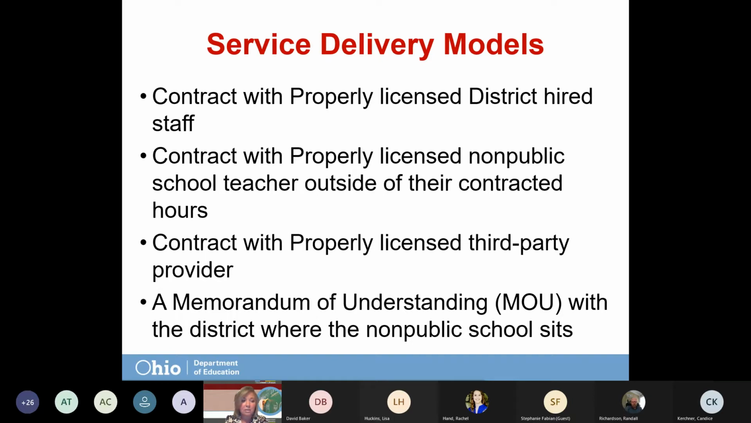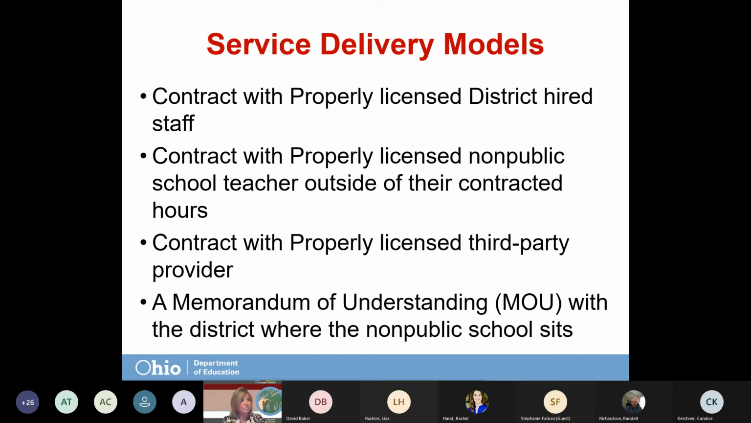Option 4, we've touched on a little bit, is to enter into a memorandum of understanding with a district that already has a Title I teacher assigned to the non-public school. The wording in your MOU should clearly reflect your expectations. If funds will be pooled, that language should be included. If funds will not be pooled, there must be fiscal documentation to demonstrate the amount of funds expended on children